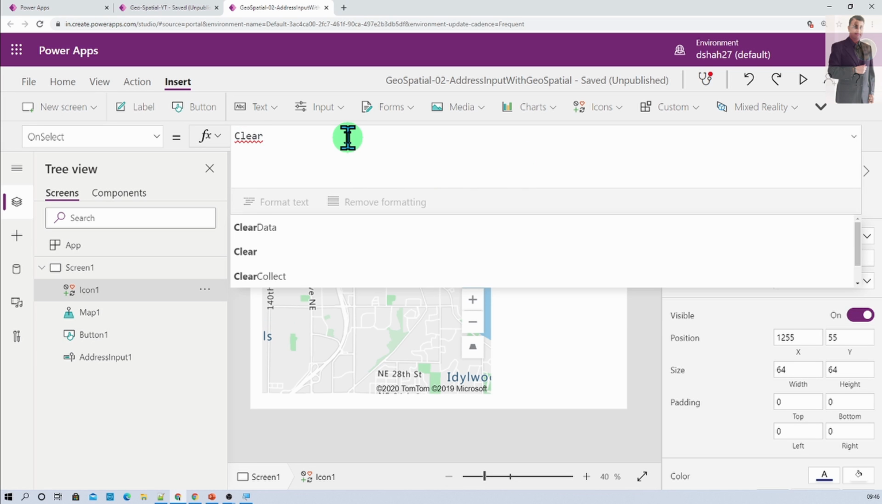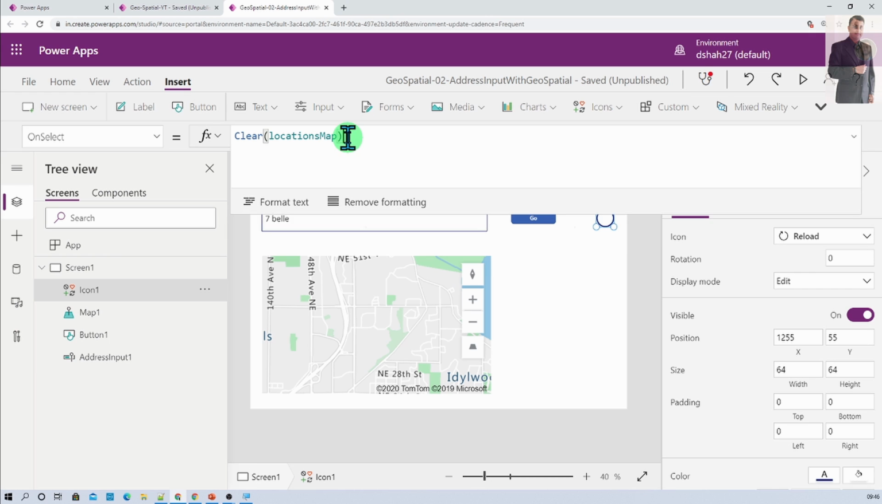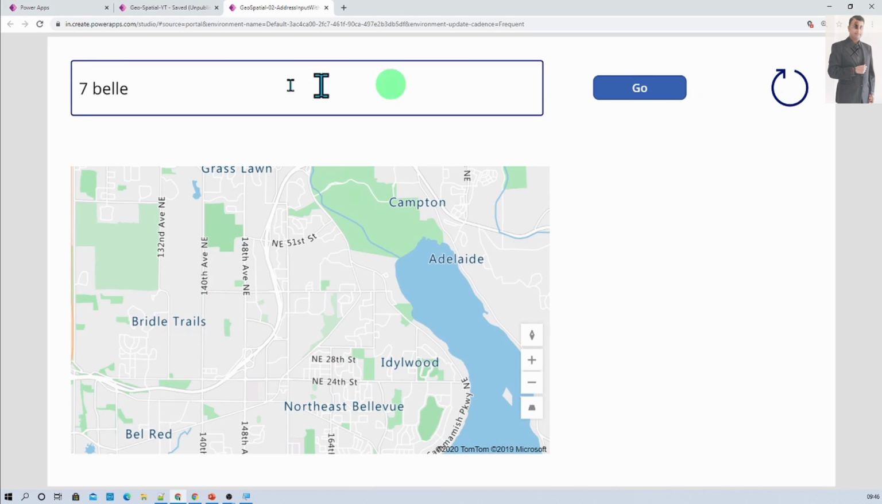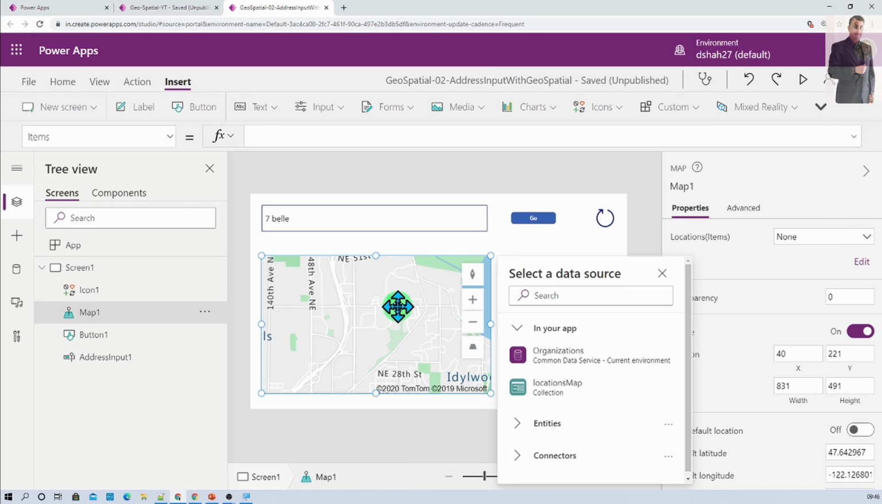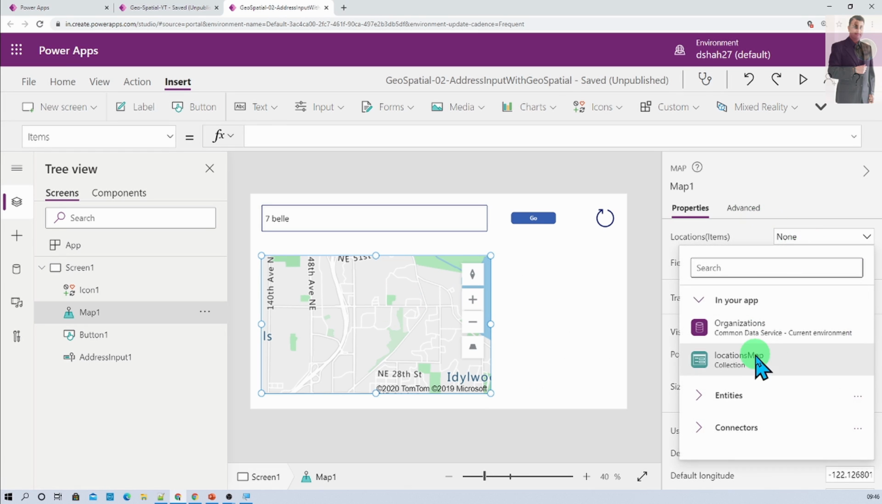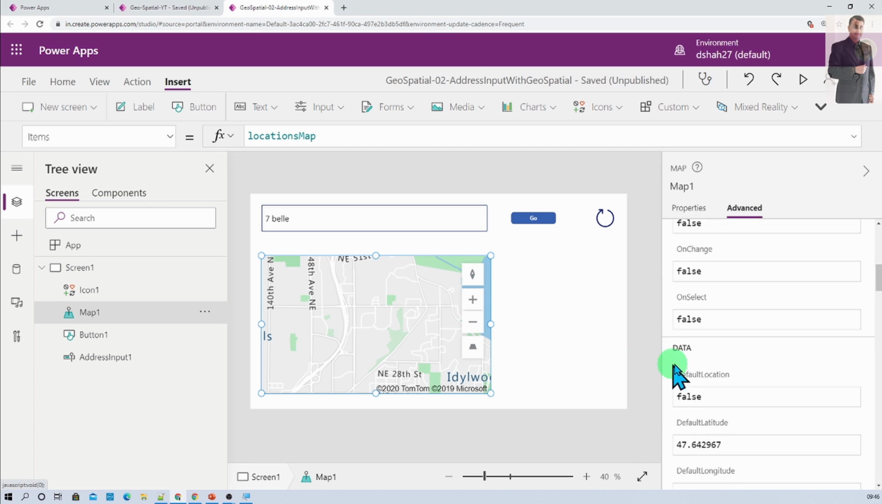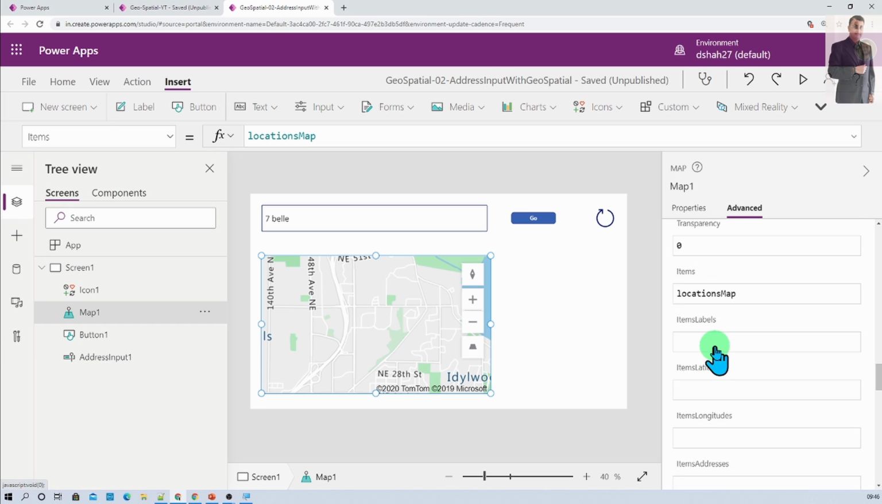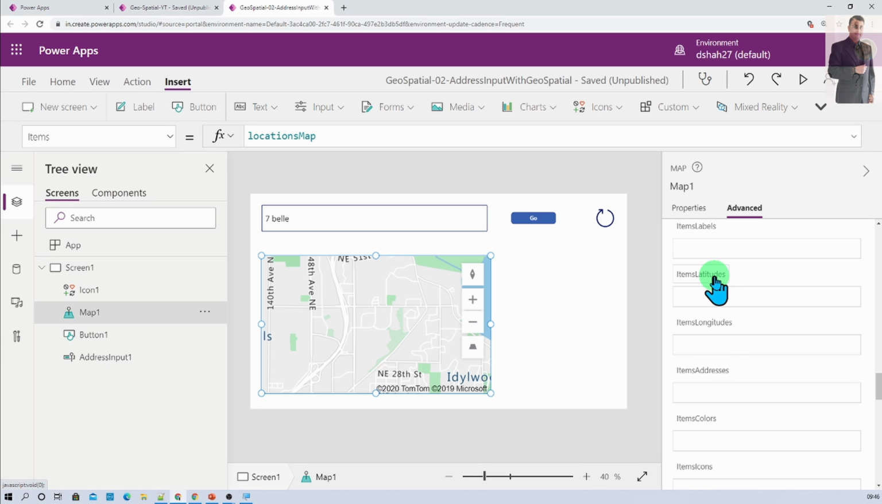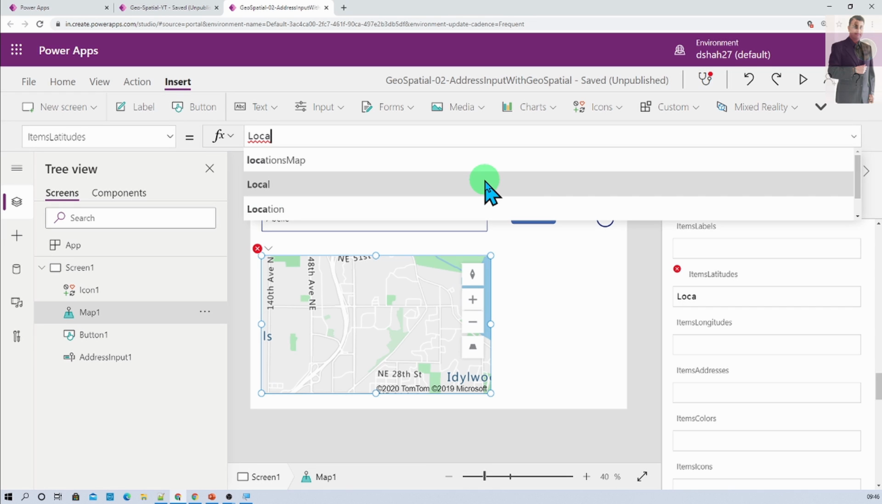Just add a value clear, and inside that I'm just adding this value. Now let's add one location over here. Now once we add that, what we need to do here is select our map, then provide the collection of the locations, and then go to the advanced property and set latitude and longitude property. So let's provide the latitude as locations dot latitude,